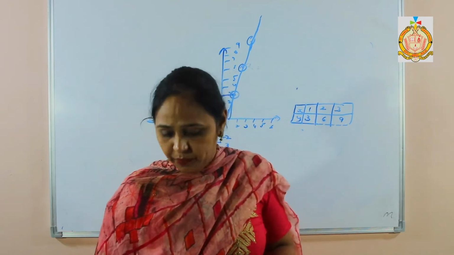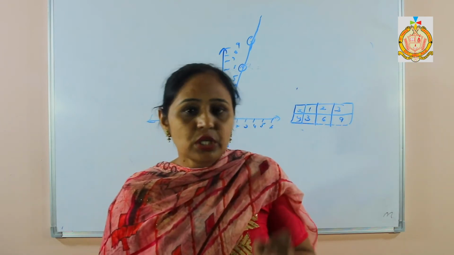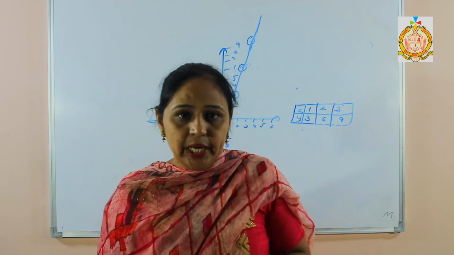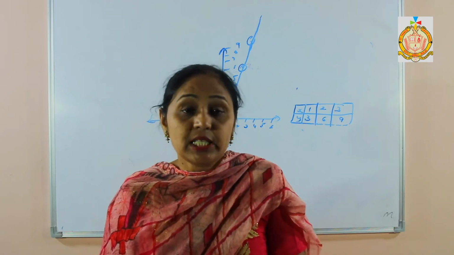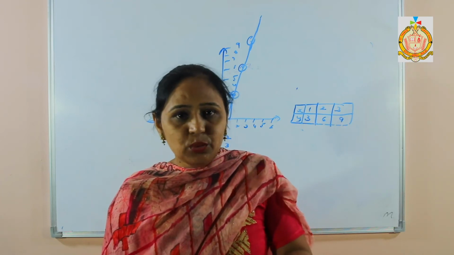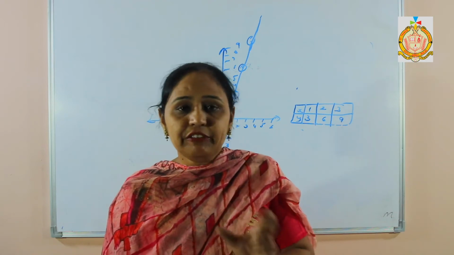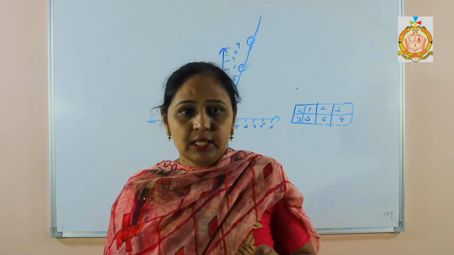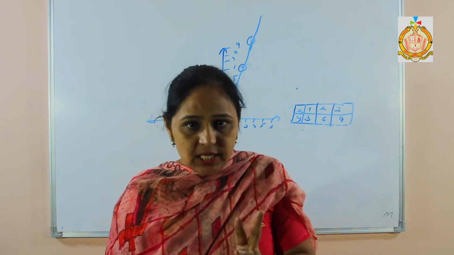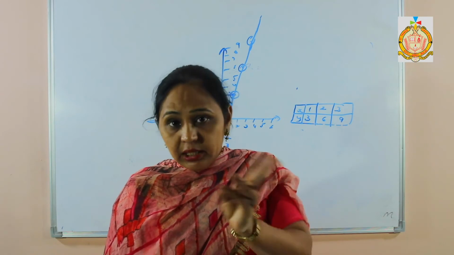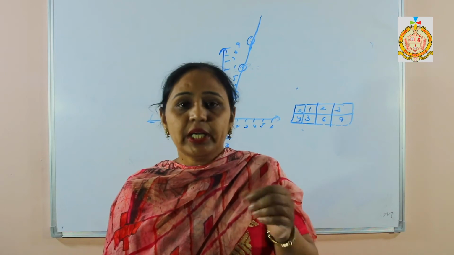Please check it again. In all these sums, we have to take 3 values of x or y, it's up to you, and find the other 3 values, and we have to draw the graph. This is a too much easy chapter for you, and we can do it easily. If we know the x-axis, y-axis, positive and negative, and how to take the points, then we can do it easily. Do the calculation: first take 3 values of x or y, then find the other 3 values. If you assume x, you can find y. If you assume y, you can find x.